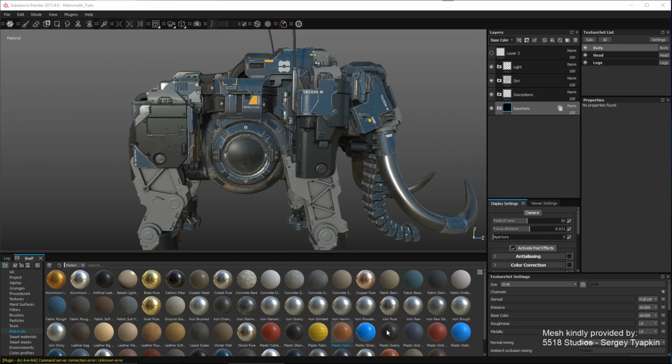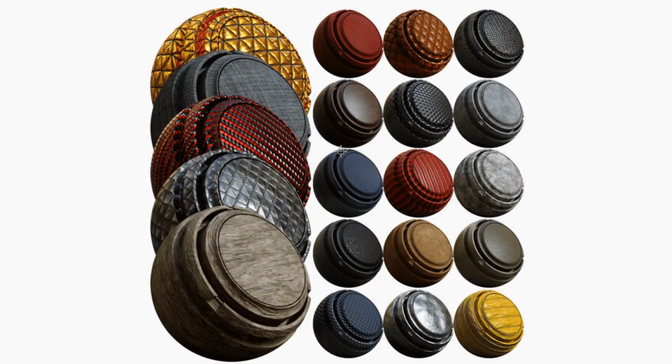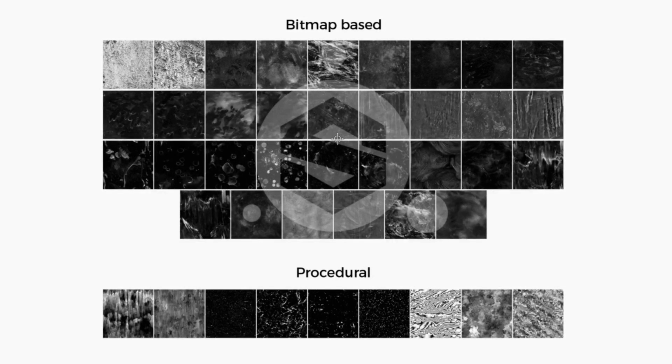Let's see. So we have some new materials that are shipping with Painter. If we take a look here on our blog post, we have a rundown of what these textures look like. So here you can get an idea. Like I said, we have that aluminum. We also have some wood and some various other materials that are shipping with Painter now. And with that said, if we come over here to some of our procedurals. So actually here, let me switch my window here. So we're also going to have some new bitmap-based and